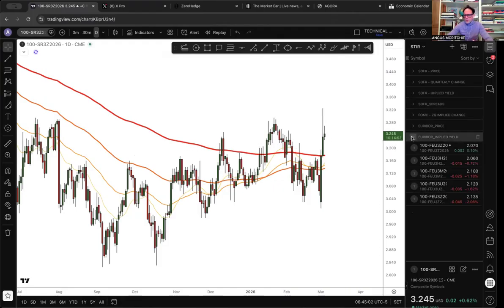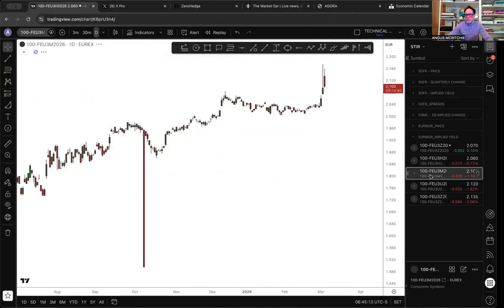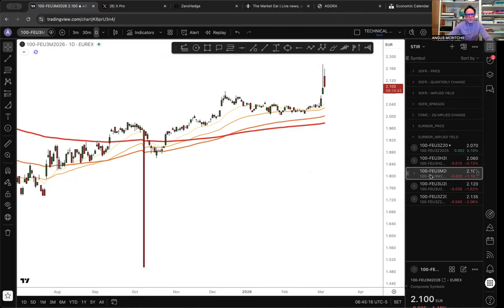We also see that over in Europe. Before we get on to consequence, Euribor, which is kind of like the SOFR, so the 3-month bonds of their futures, and you can see here, we'll go in for September of 26, you can see that also spiked. So the ECB, which has been saying for a long time, hey, we're in a good place, we don't need to hike rates, or we don't need to cut rates. But you can see here that was just over about 2% and got up to almost 2.17%. So that's about 15 basis points of sort of hawkishness, which the market priced in.